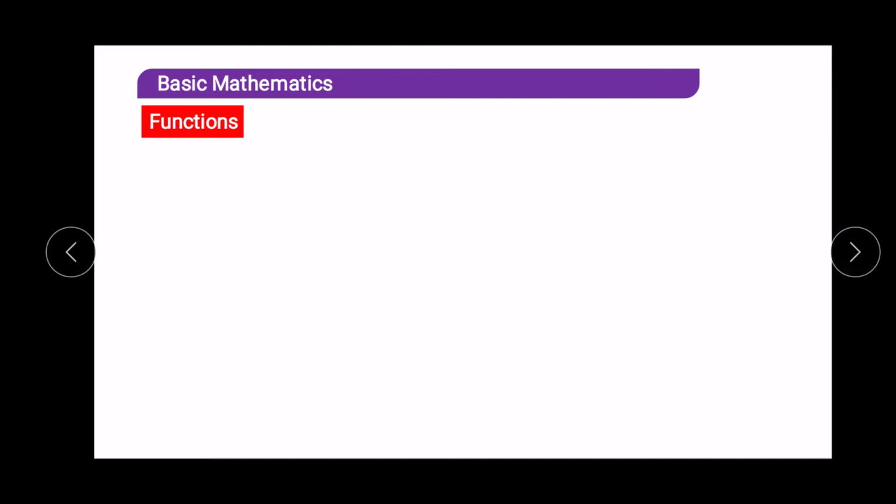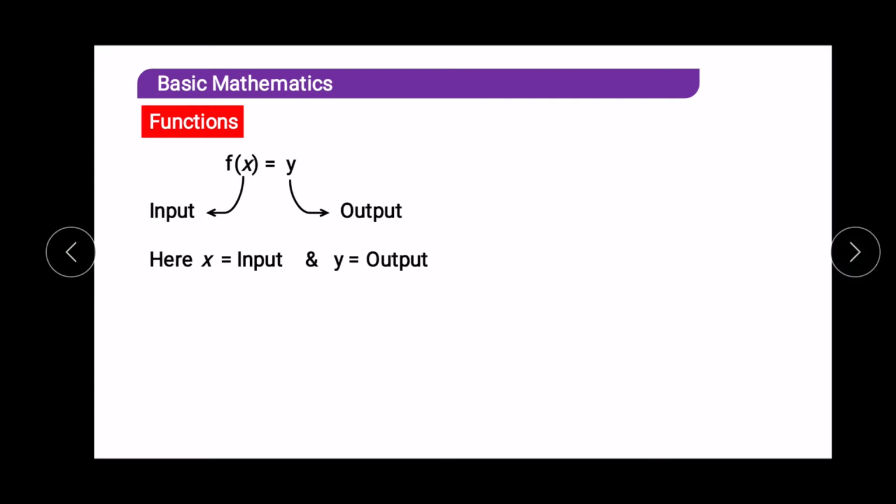Let us move further. What is a function? We all know it is defined by f of x. We generally write a function as y is equal to f of x. So x we call the input, y we call the output. Can anyone give an example of a function? Anything. Okay, x square. x square is a function. If you provide x is equal to 1, you will get output y is equal to 1. If you provide x is equal to 2, you get output y is equal to 4. So x acts as an input variable, y acts as an output variable.